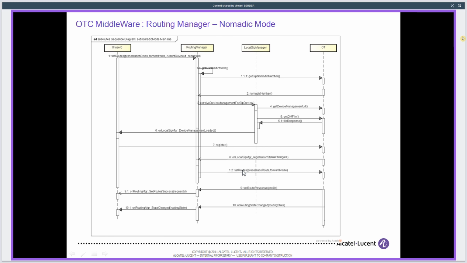So it is a specific set route, a specific information here, and as soon as we receive a set route response, and as soon as OpenTouch indicates to us that the routing state has changed, we provide this information to OTC client. So first we